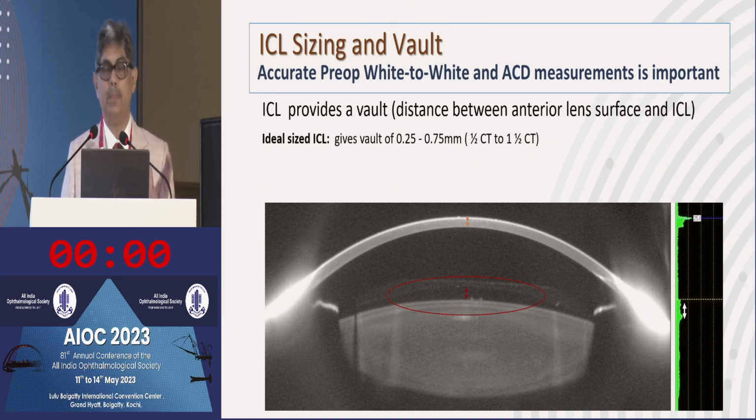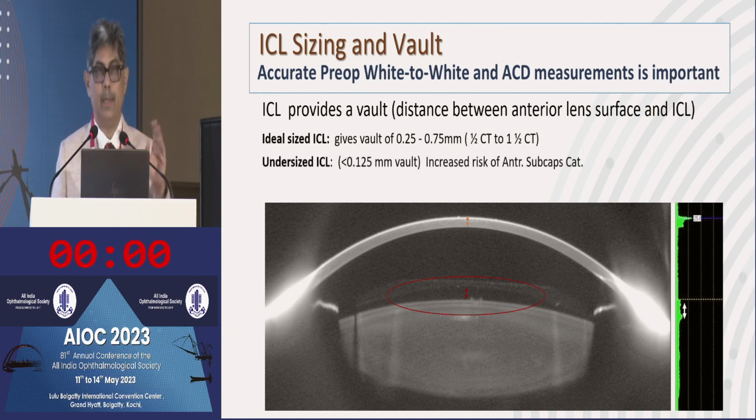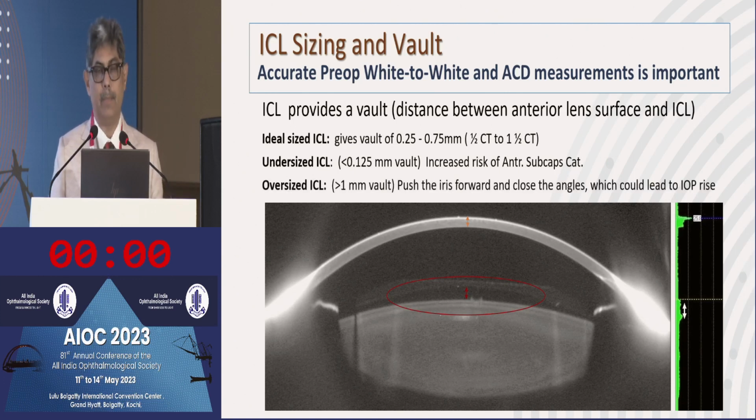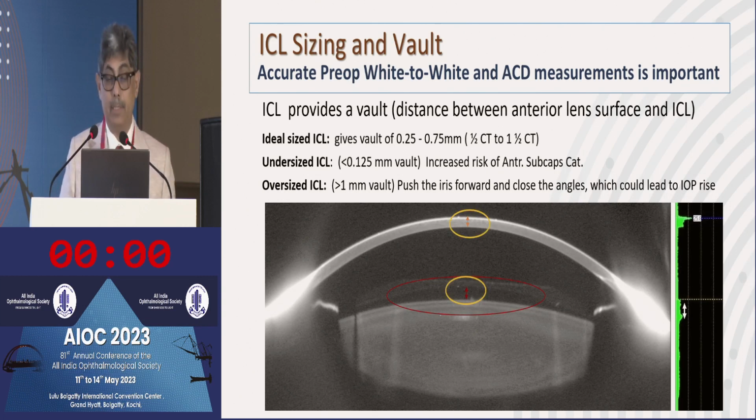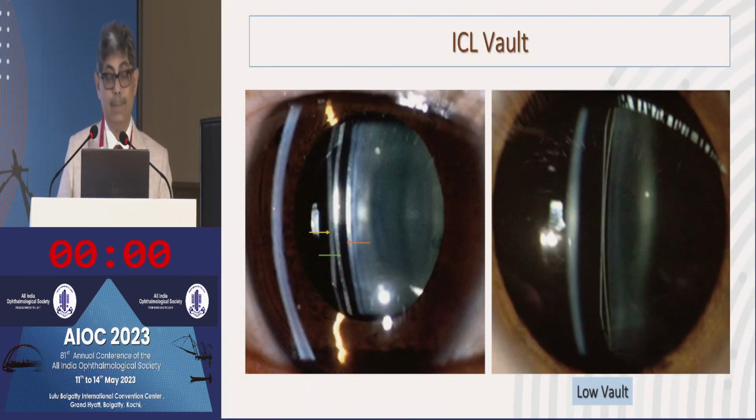The normal vault is between 0.25 to 0.75 millimeter, or half the corneal thickness to 1.5 times the corneal thickness. This comes in the normal category. If it is below 0.125 millimeter, then it is a low vault, and it can cause anterior subcapsular cataract. And if it is more than 1 millimeter, or double the corneal thickness, then there is a chance of development of corneal problems, glaucoma and pigment dispersion. And this is the normal vault which we can see on the left side, and the low vault on the right